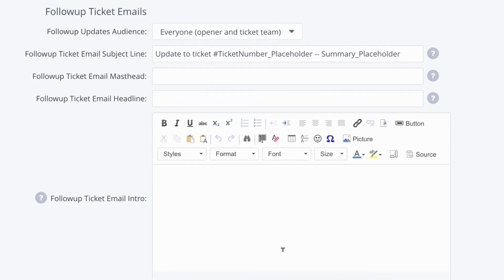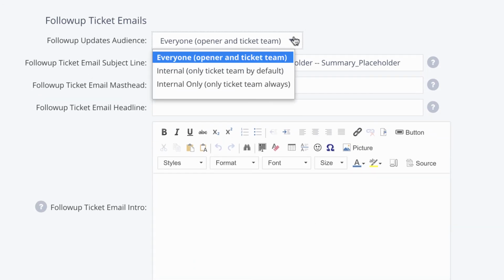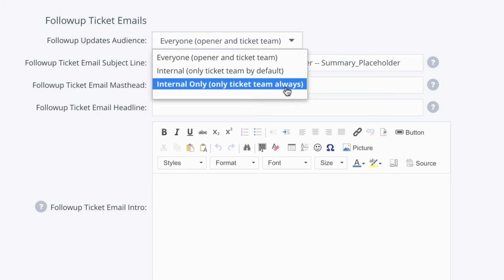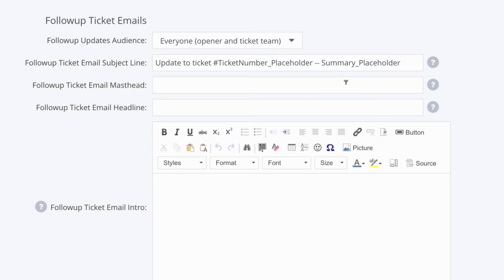Next, for ongoing ticket updates, you can define the follow-up ticket email settings. Here, you can set who you want to notify for these ticket updates. This includes everyone, which is the ticket opener and the ticketing team, or you can keep it internal by default. You can update the follow-up ticket subject lines, masthead, or headlines, as well as add additional text into this email